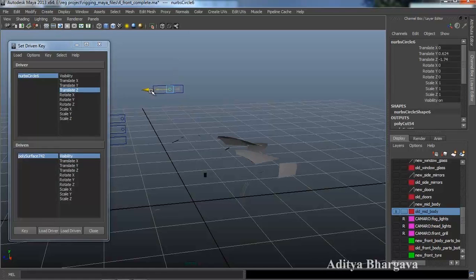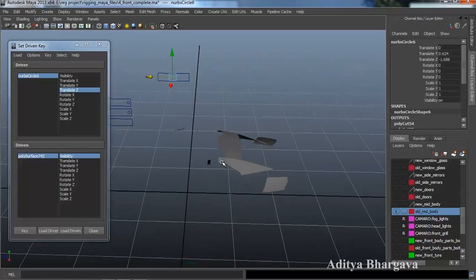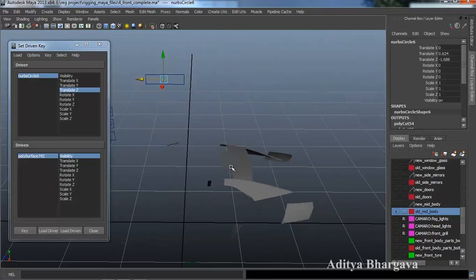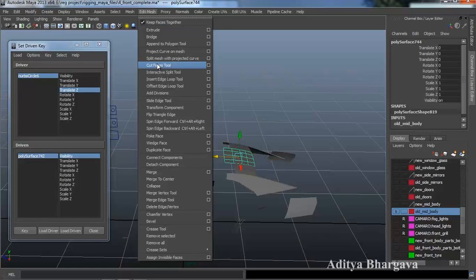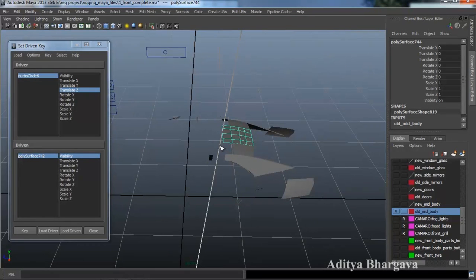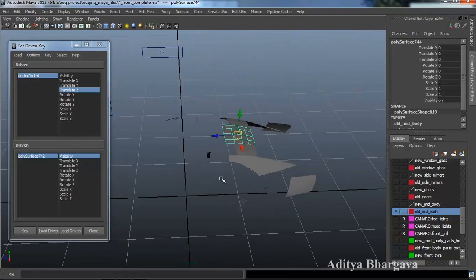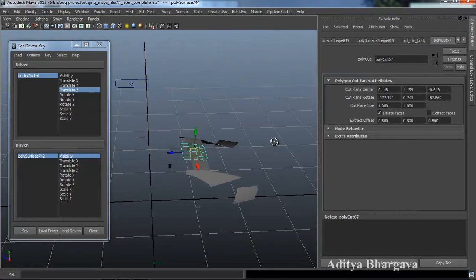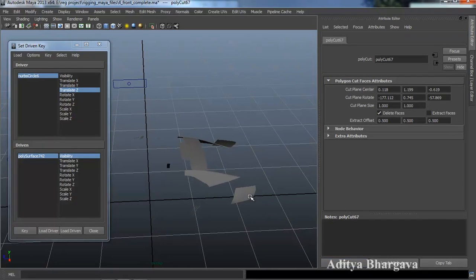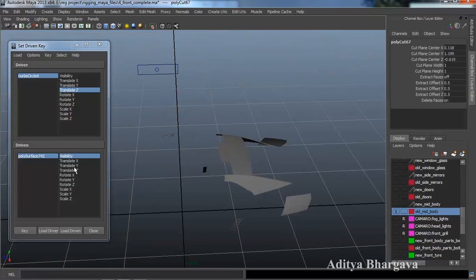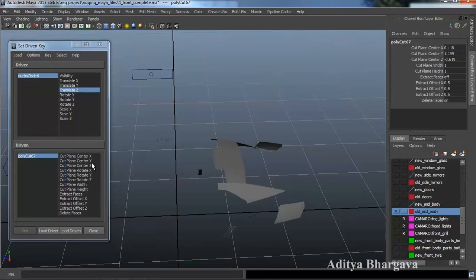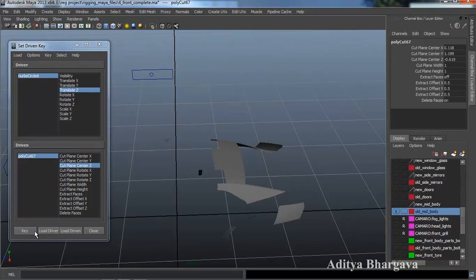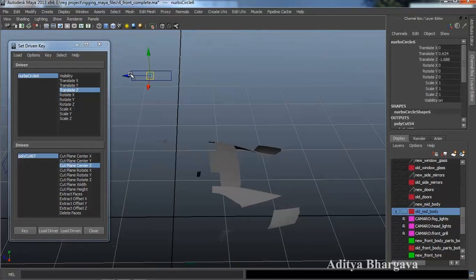So we'll make it go off the visibility just like that. So we'll select this, go to Edit Mesh, Cut Faces tool, place a Cut Faces tool over here, press W, press Ctrl A, make it delete faces, select the Cut Faces tool, press Ctrl A, make it a driven object, select the Z axis, press key over here,